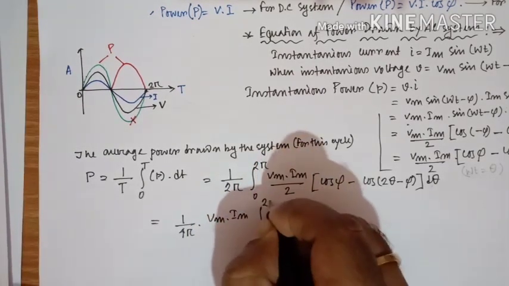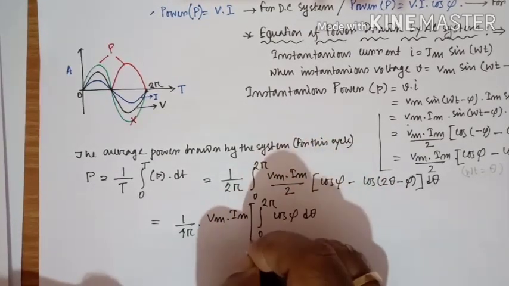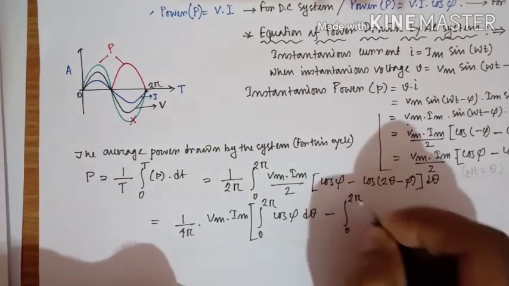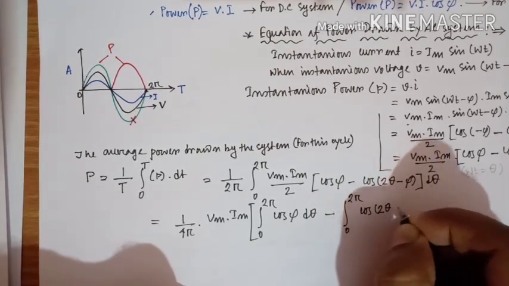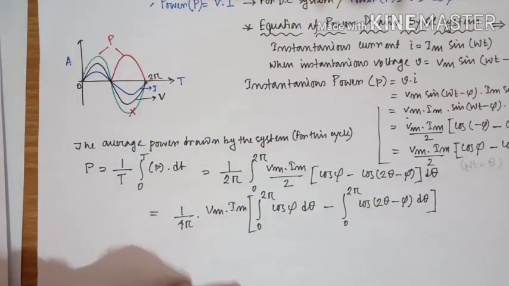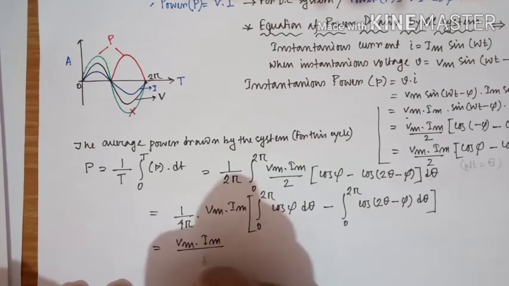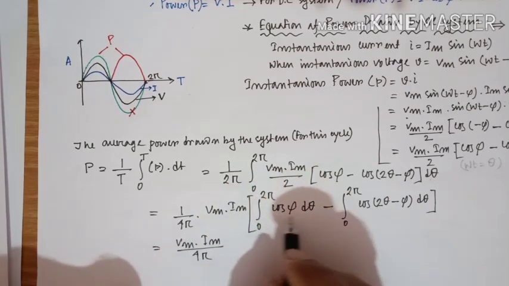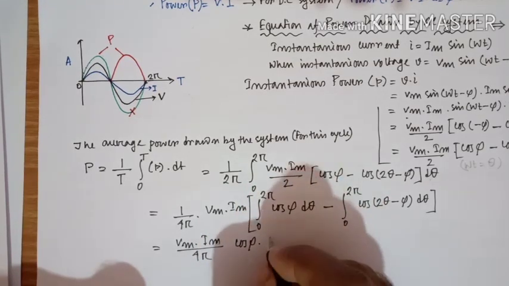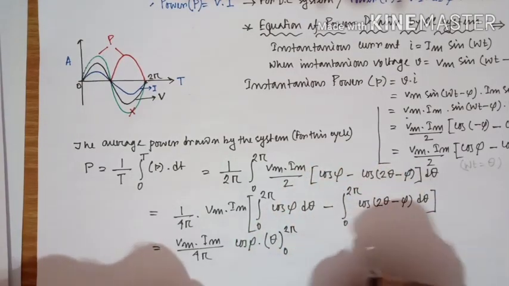integrating 0 to 2 pi cos phi d theta minus integration 0 to 2 pi cos 2 theta minus phi into d theta. So that is Vm into Im divided by 4 pi. The integration value of this one, this is the constant value, so it will come here as cos phi. The value will be theta. Theta has a limit from 0 to 2 pi. We need to put it here,